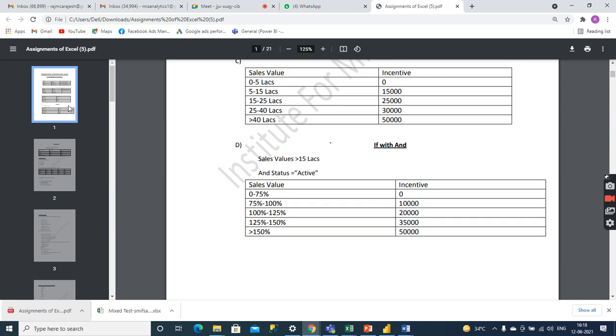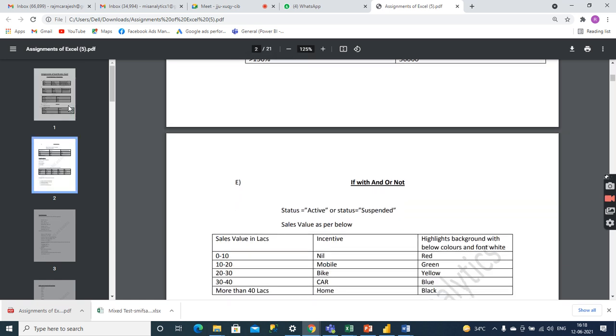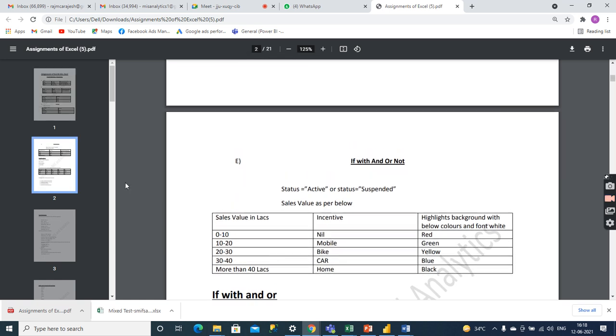Same way you can try question number D of the assignment given. And here you can see there is another example. The company is saying the employee is active or suspended, it doesn't matter, because suspended people can be converted into active also. So we have to pay the incentive to active and suspended also.